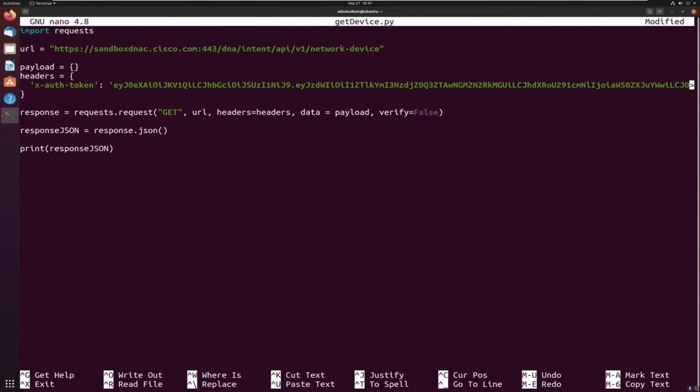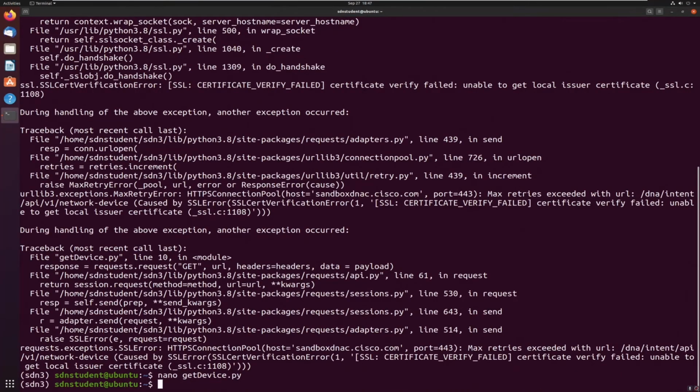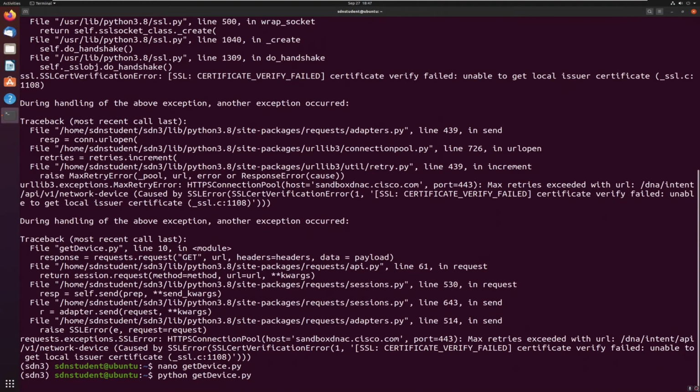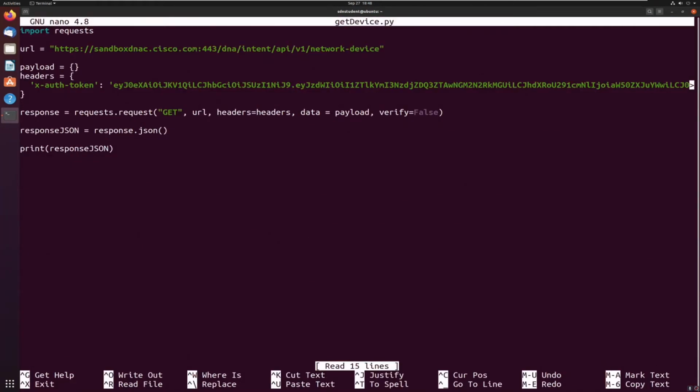So I'm going to write that out. Save, write the file name, and let's run the script again. And there you can see it gives me the response, but I can't read it very well because it's all cluttered. So I'm going to open up Nano again and open up my script and introduce